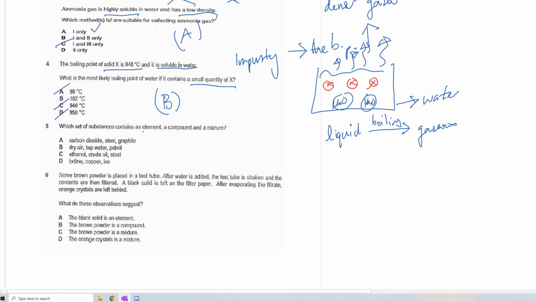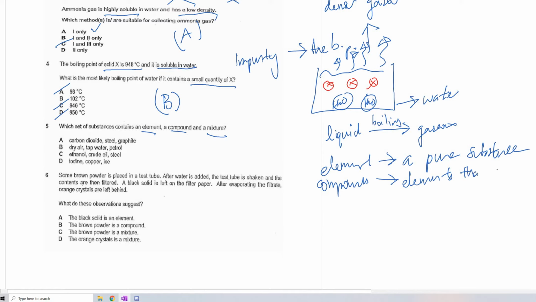Which set of substances contain an element, a compound, and a mixture? Alright, an element is a pure substance. Alright, they can be found in the periodic table. For compounds, compounds are elements that are chemically combined. Okay, for mixture,